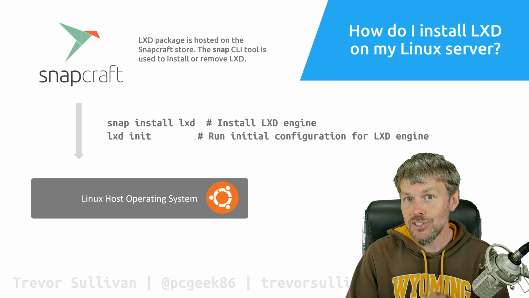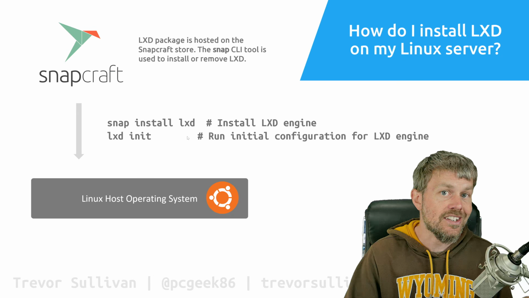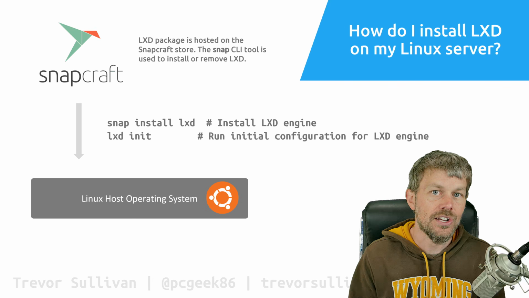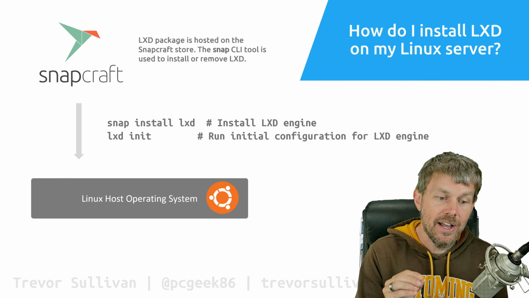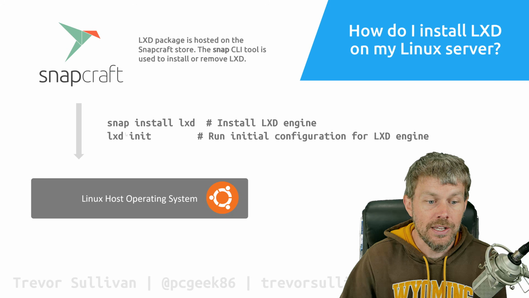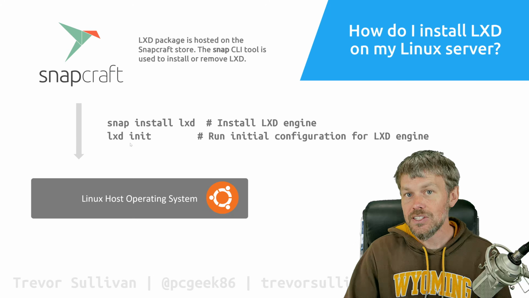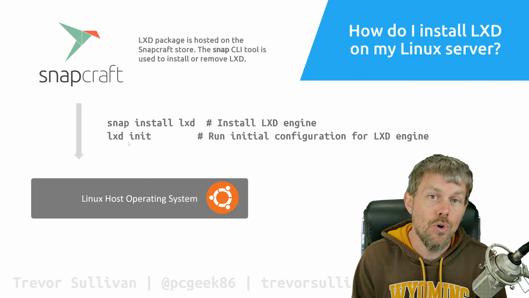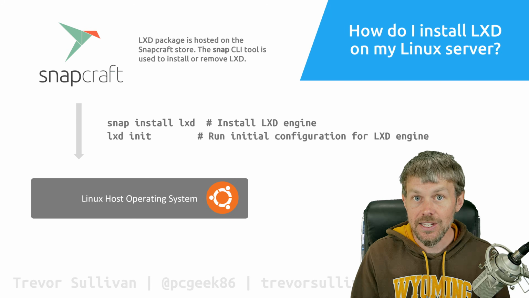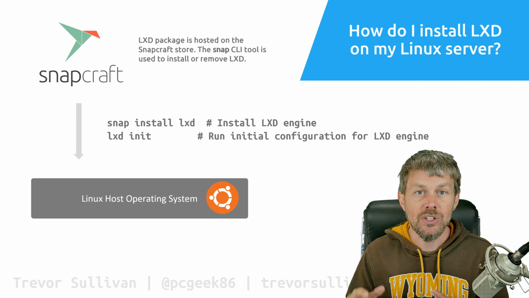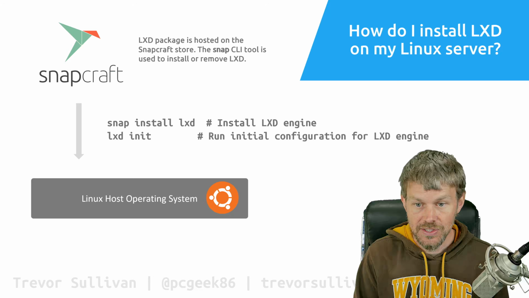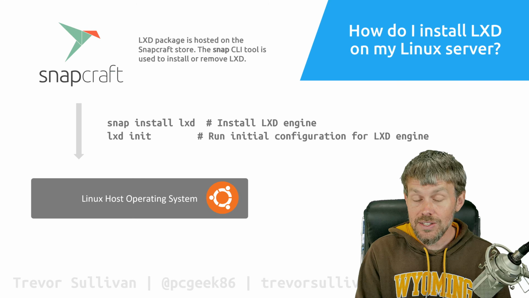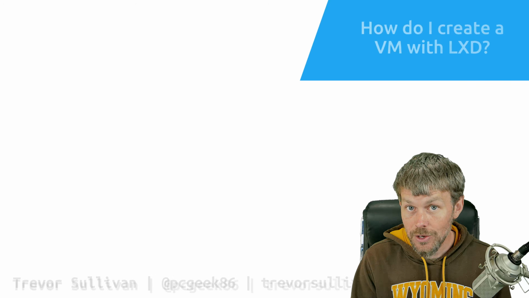And then after you've installed the package with Snap, we also need to initialize the LXD engine to do a bunch of setup stuff. We're not going to get into all the nitty-gritty details of that right now, but there's an init command that you need to run, just called lxd init. And that's going to run through the initial configuration wizard that sets up your networking, your storage pool, and a bunch of details about the LXD service or the engine or the daemon that's running on your host operating system. And then after you've got LXD initialized, you can then start to create virtual machines from the images that we just talked about that are hosted on